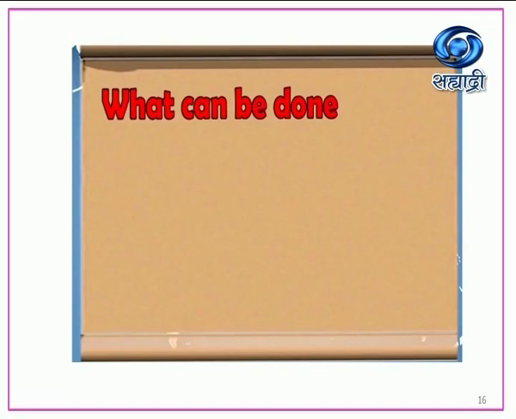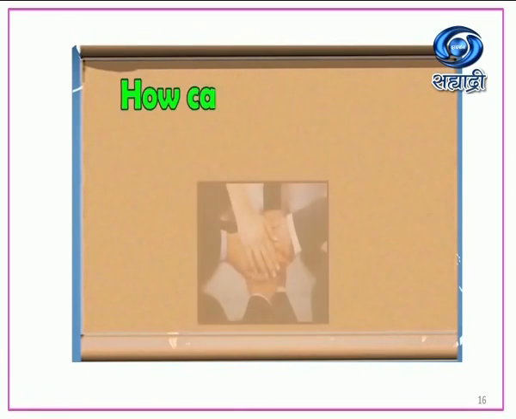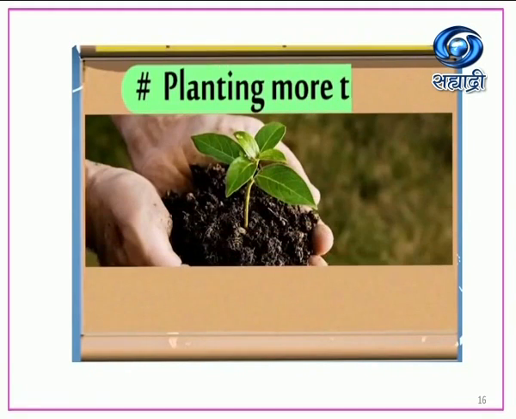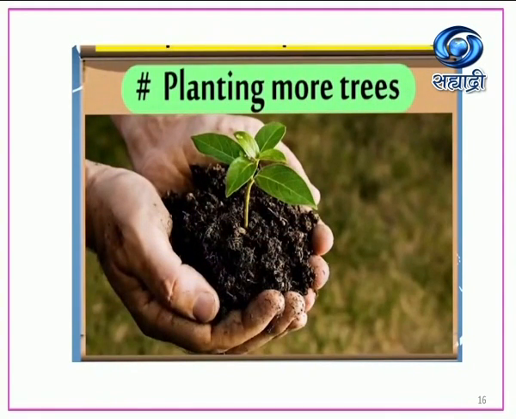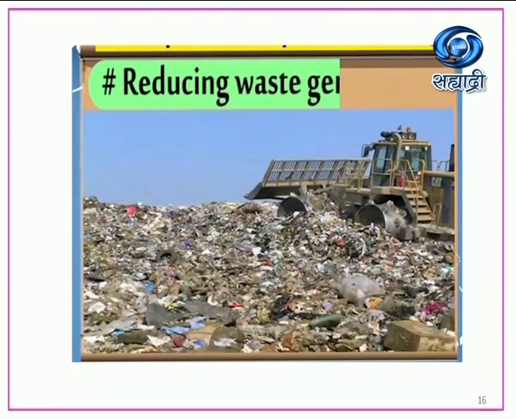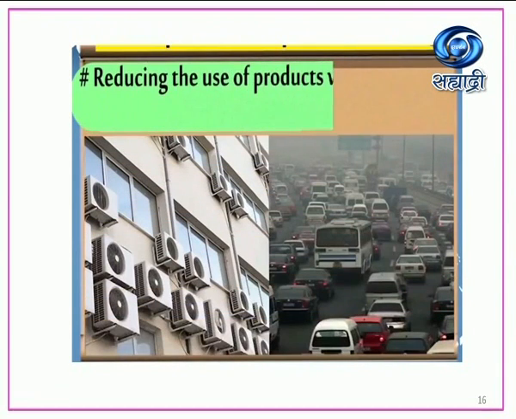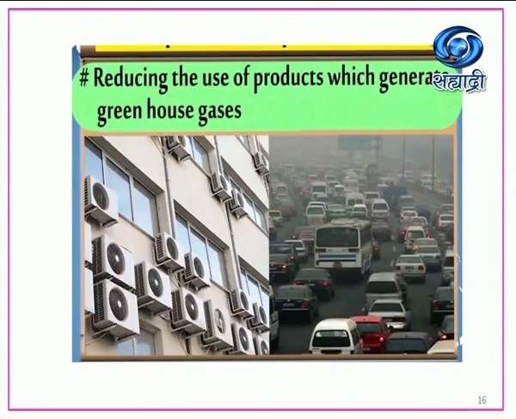But what can be done by us? How can we contribute in reducing global warming and also its consequences? Well, planting more number of trees, reducing waste generation, reducing the use of products which generate greenhouse gases,